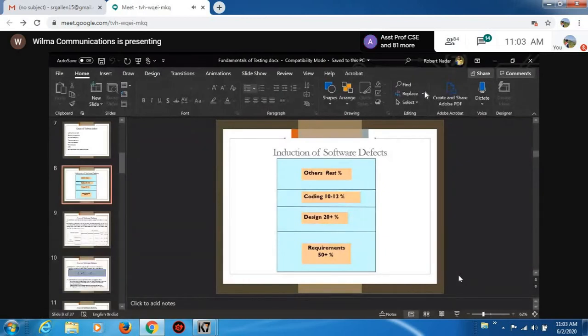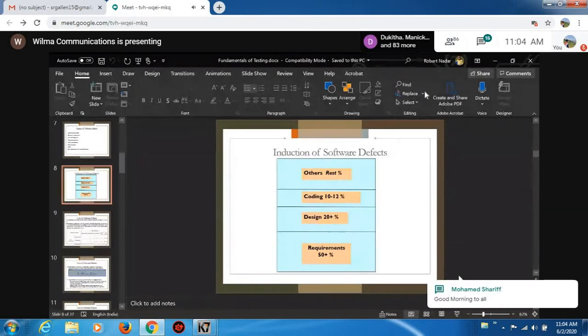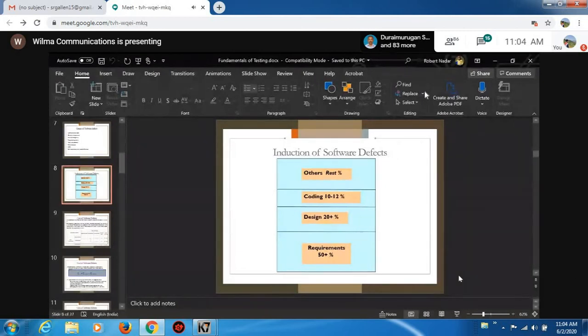That means we are good in development, we are good in testing, but we are not good in understanding the client requirement and the client specification. What is my client expecting, what exactly does my client want from this particular product, how should those features and functionalities be worked and implemented in my product? We are lacking in all these areas. That could be the reason why we are getting defects, because the main reason lies in the requirement stage.